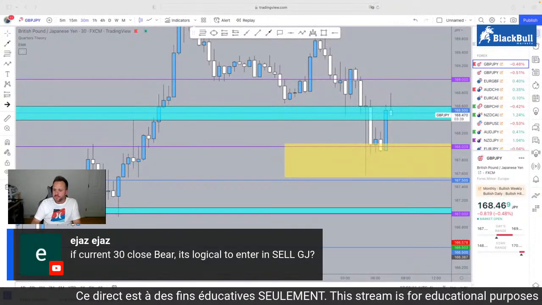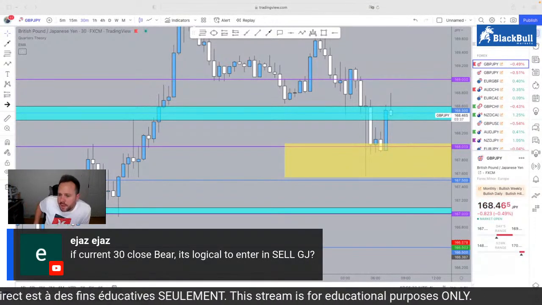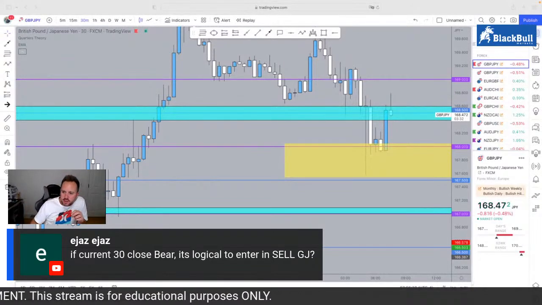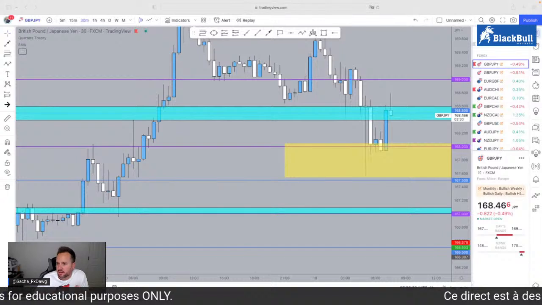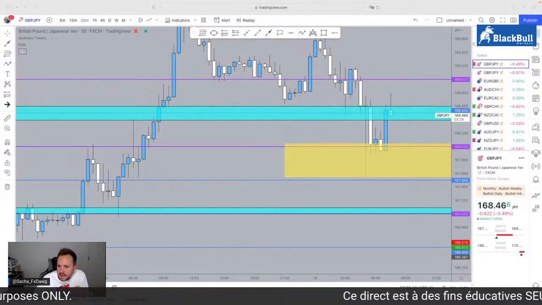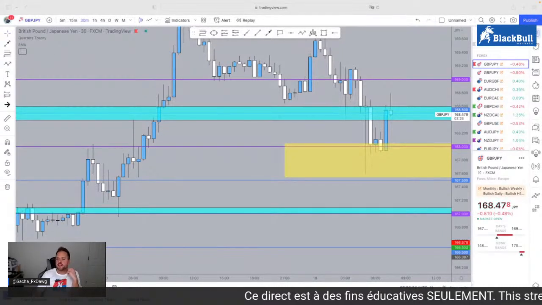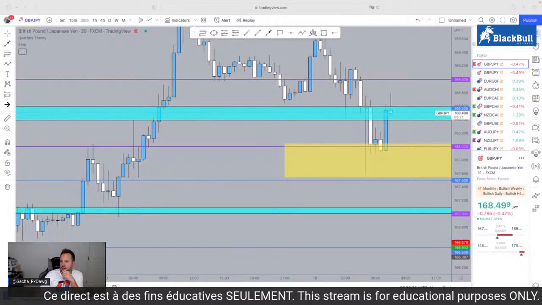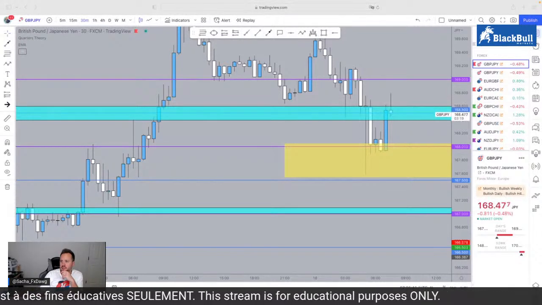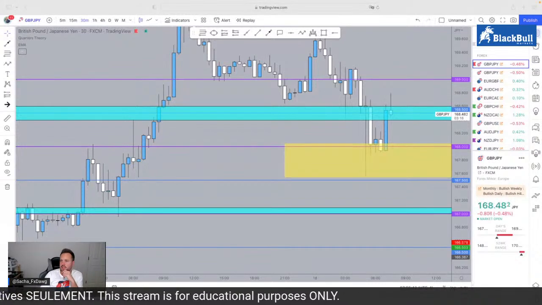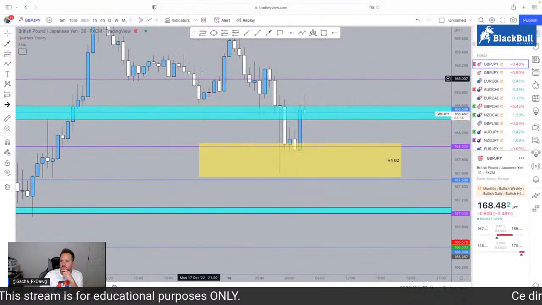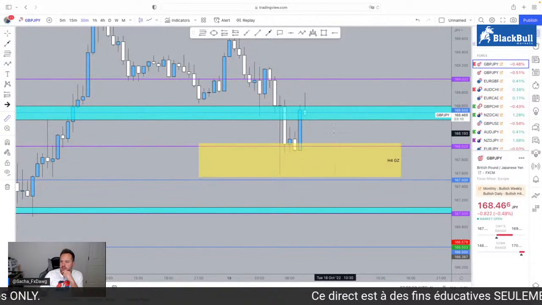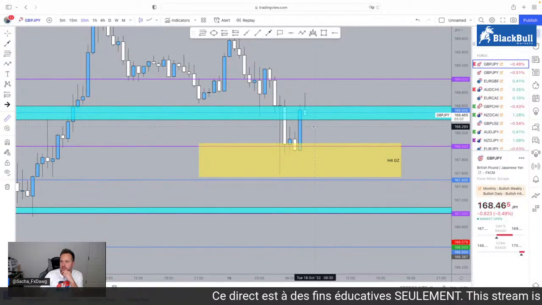Welcome, welcome. "If current 30-minute close bearish, it's logical to intercept GJ." Like I just explained, right? I mean, yes, if you're scalping it, yeah. But again, if you look here, it all depends on where this candle is going to close bearish, right? It's closing in 4 minutes. So it all depends where it does close bearish. Because if it closed somewhere around here,